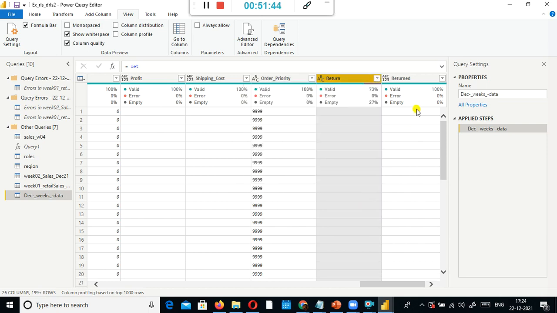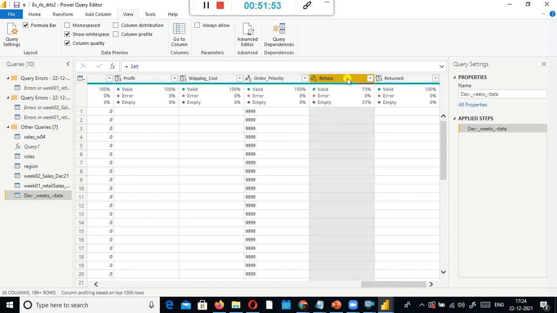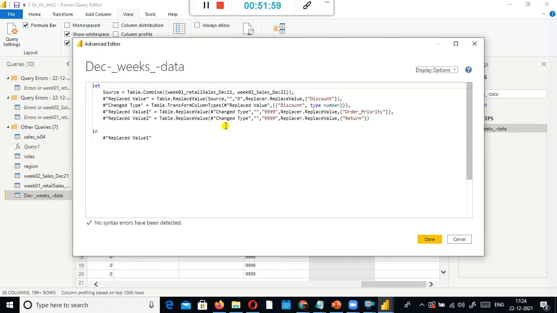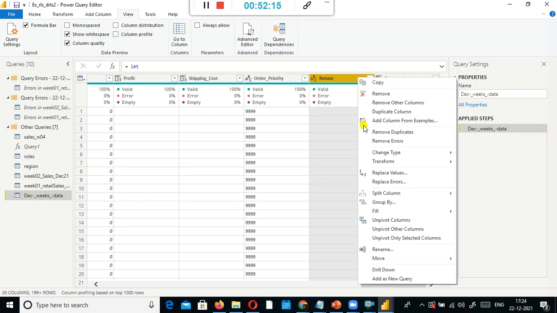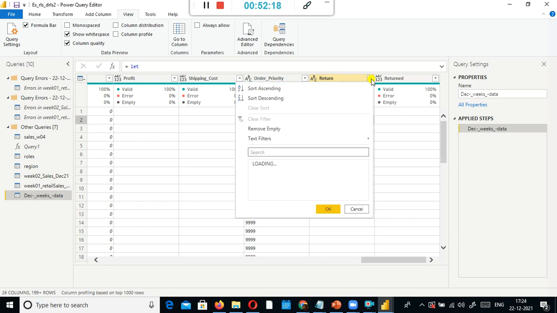It is still loading. 0 errors and 269 empty. Okay, let me do one thing. I got up so early in the morning, I'm feeling sleepy. Change type 999, right? Let us see what happened. Still it shows empty. We have replaced this empty, right? Still it is loading. It takes a lot of time. Blank list may be incomplete. Load more.